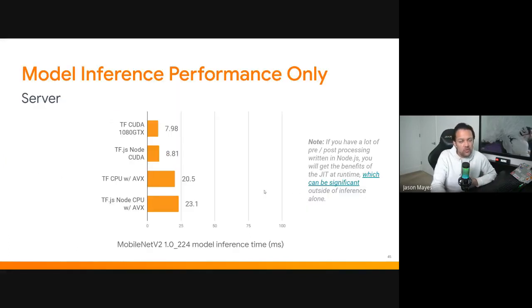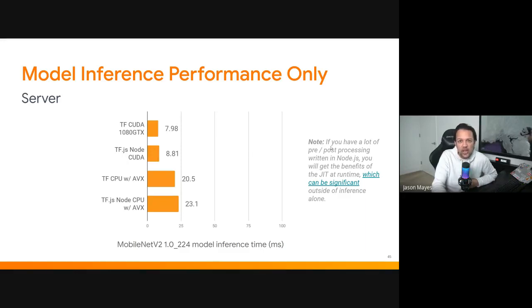So let's look at performance then. Here is a computer vision model called MobileNet V2. And essentially, you can see here for Python, it takes 7.98 milliseconds to execute the inference. And on Node.js, it's 8.81. So less than a millisecond of difference. So for all intents and purposes, this is basically the same because the server might have been busy doing something when we took this recording. So the difference is negligible.